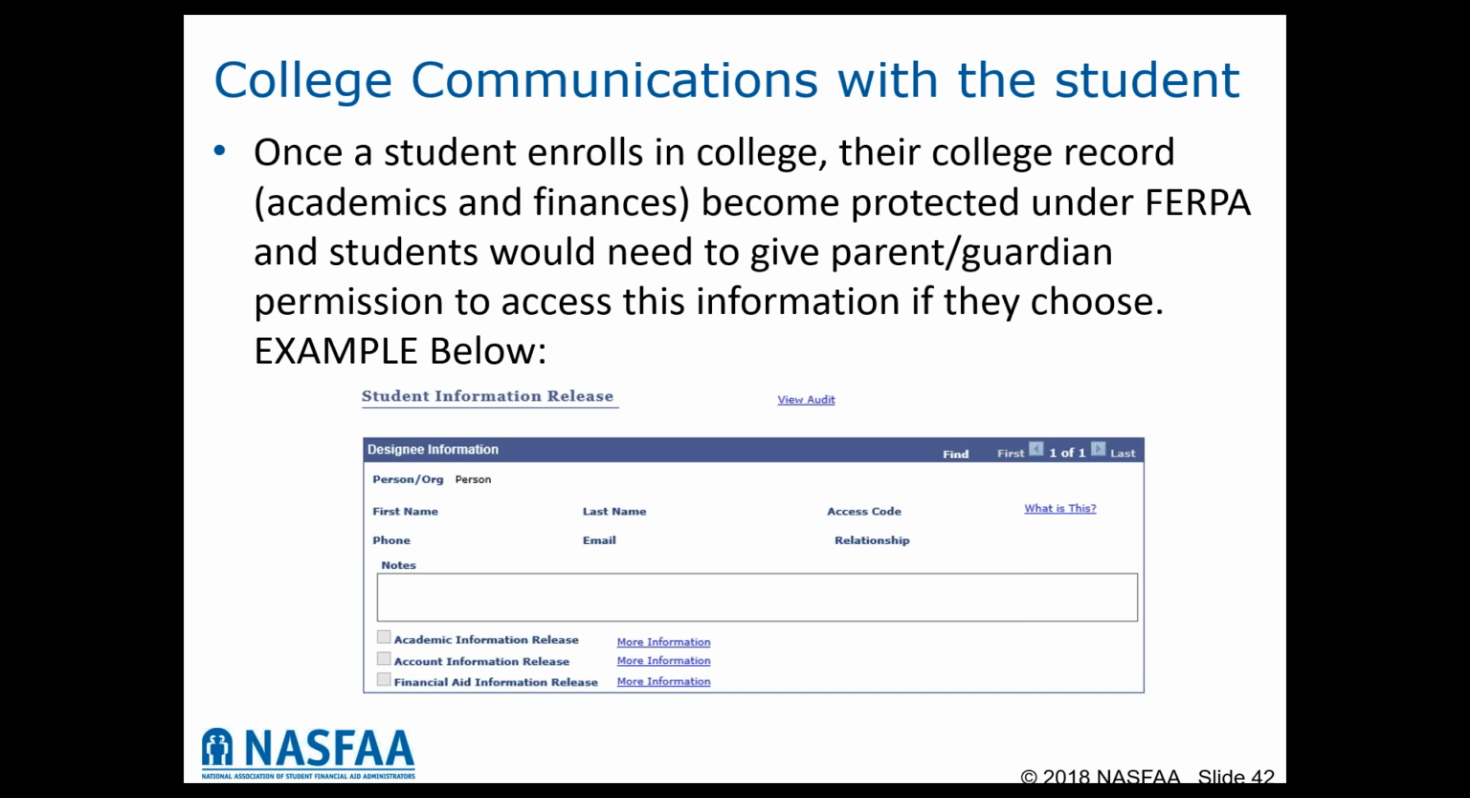So here's an example of a school portal where a student can log in and identify a parent, assign an access code, and give the school permission to speak to that parent. So if a parent calls in, I will go to our student information release section and make sure that their parent is listed there and that they have the access code, and then I can answer any questions that the parent may have. Otherwise, we are very limited in the information that we can share with students' parents without authorization